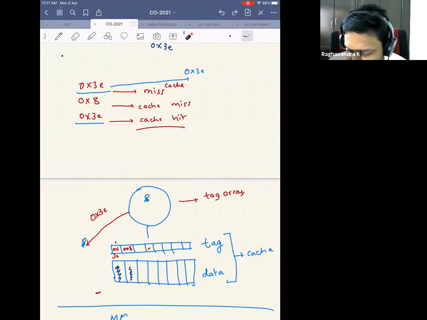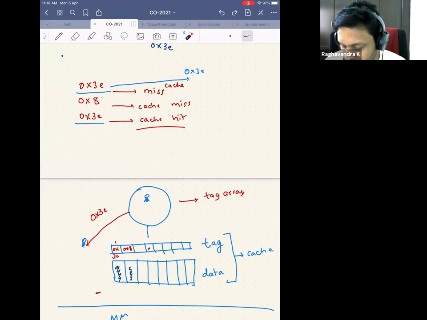And for Devash's question, can two addresses be the same? Actually, the answer is yes, but you will not be seeing why in this course. You will see it in either advanced computer architecture or the operating systems course. There can be a cache scenario where there are two addresses that are the same, but in two different tag locations. But for this course, we'll assume that such a scenario does not exist, because we are not even talking about operating systems.